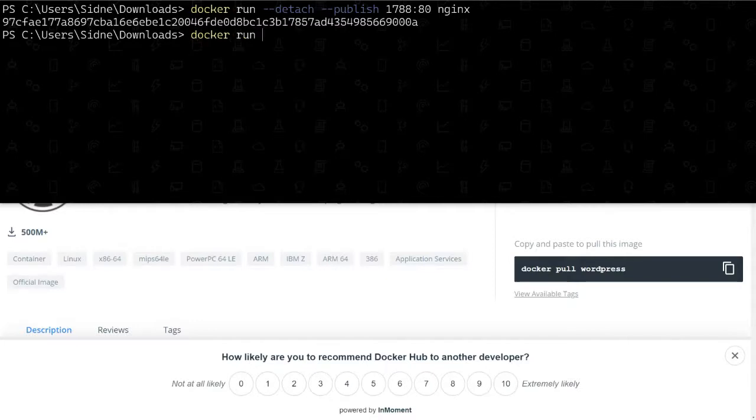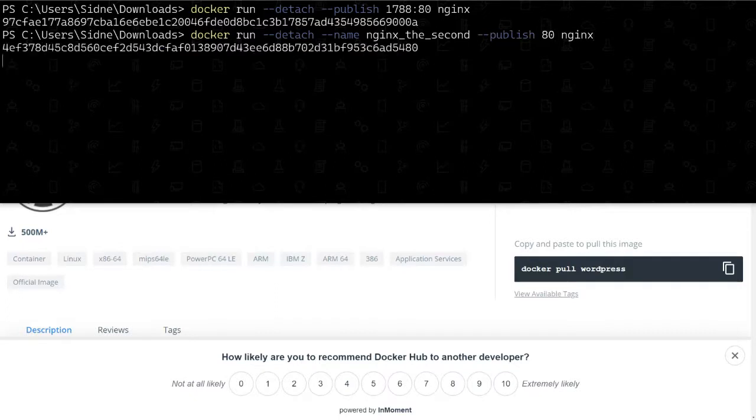I can do Docker run detach. This is how I'll call this, give it a different name. Nginx the second. I'm gonna publish port 80 and just run that Nginx container. Now, how do I actually check on things? I'm gonna show you,